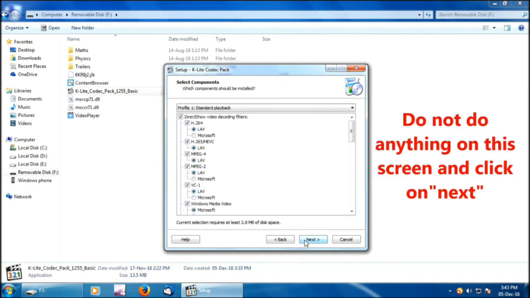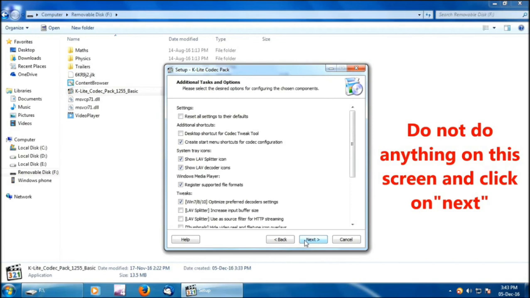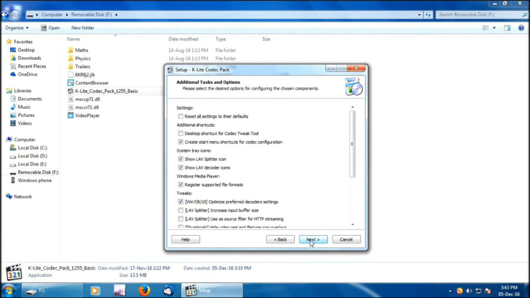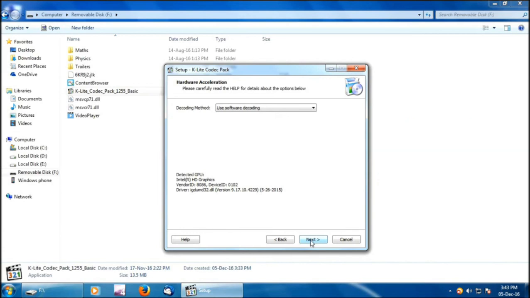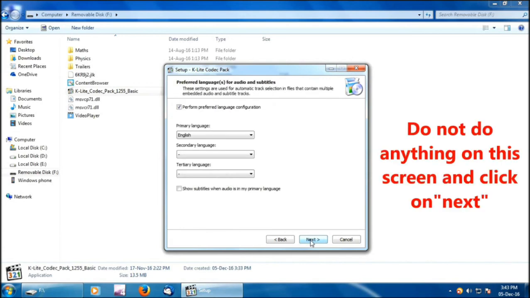Do not do anything on this screen and click on Next. Do not do anything even on this screen and simply click on Next. Again click on Next without doing anything even on this screen. Do not do anything on this screen and click on Next.